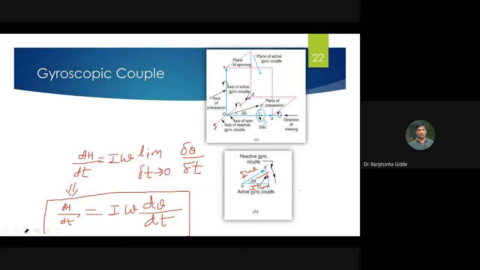I omega is constant. But OX has a new position as OX prime, and for that we have changed the direction of angular momentum, and that change of angular momentum is going to result in